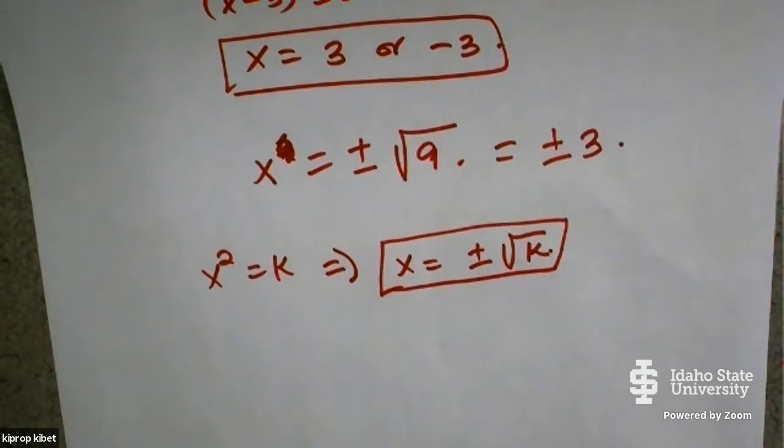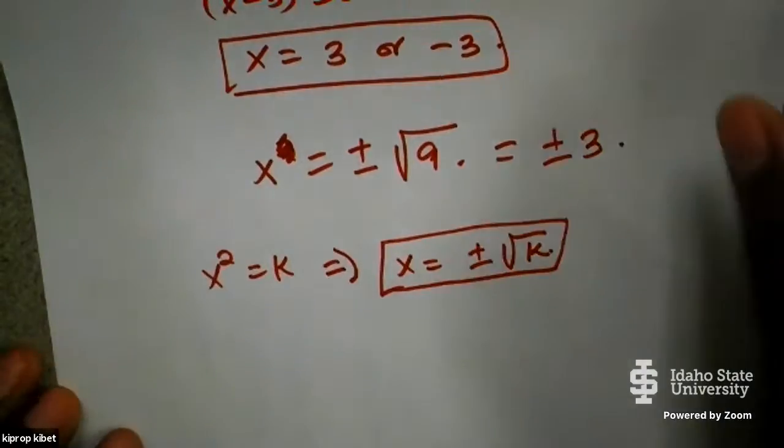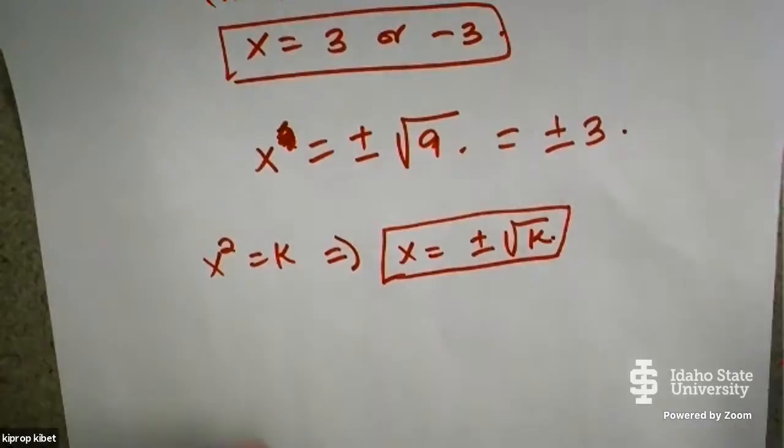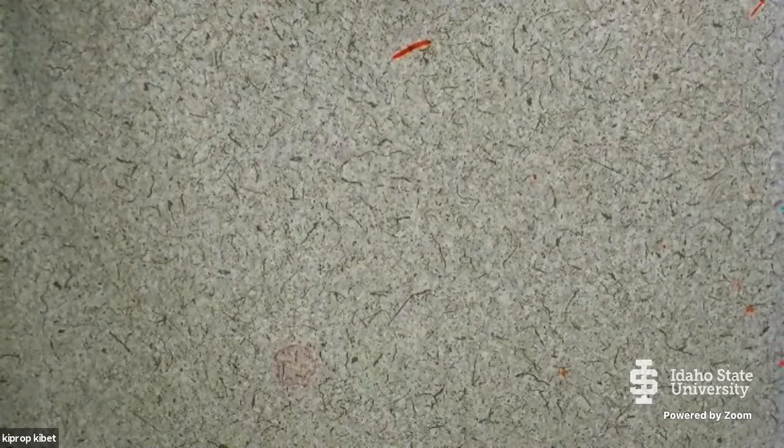So this is the square root property, the square root property. For example,